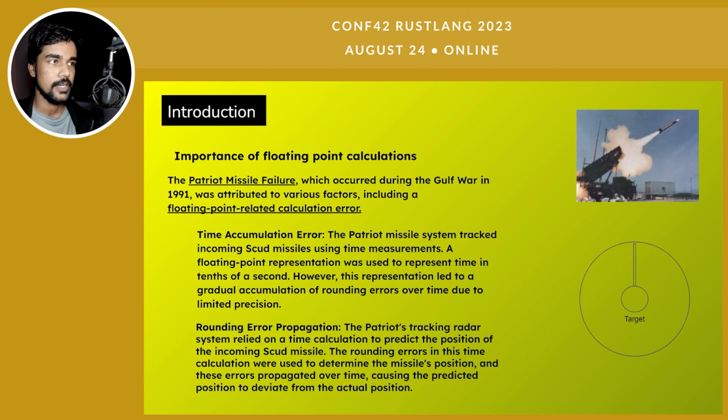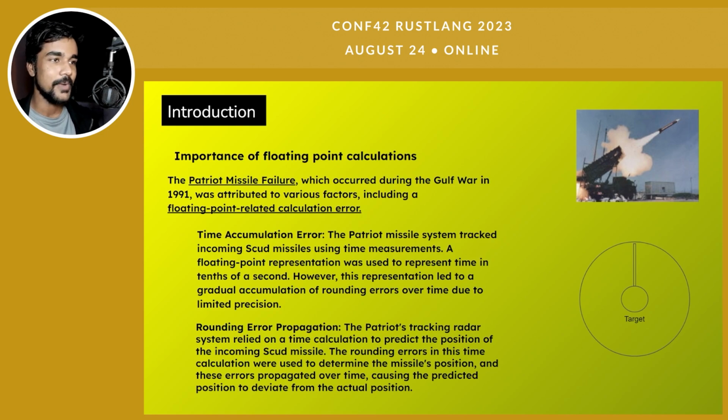There were some calculations there, and this error was in the 1/10 of a second. Since a missile carries embedded hardware in itself, that needs some programming. There was an inappropriate use of a data type which couldn't accommodate the precise value of 1/10 of a second, which resulted in gradual accumulation of rounding errors over time because of the limited precision, which we'll take a look at in the next slides. Because of that, rounding error propagation came into the picture. We'll also take a look at this one as well.